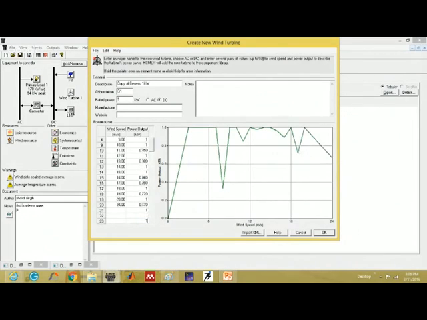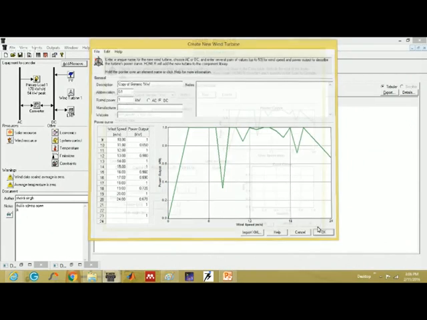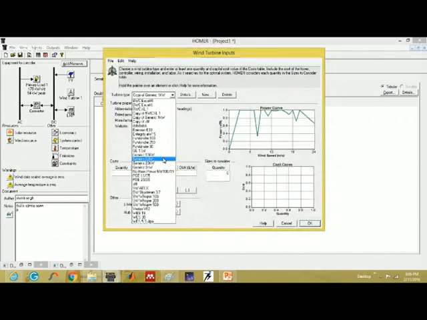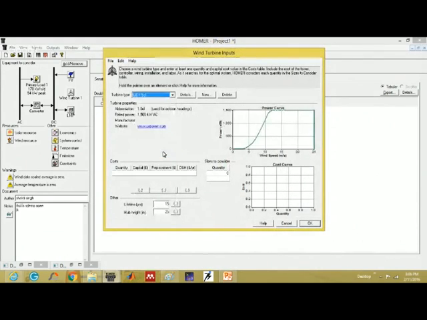See, this is a particular turbine, and it generates in such a way that for this wind speed it gives this power. If I'm not using a new turbine and am using an inbuilt one, I just select it from here, and whether it is AC or DC depends on me. So again, let's say I'm taking this